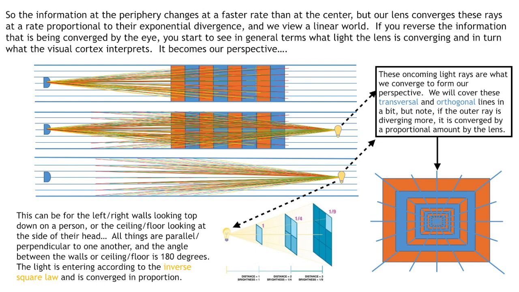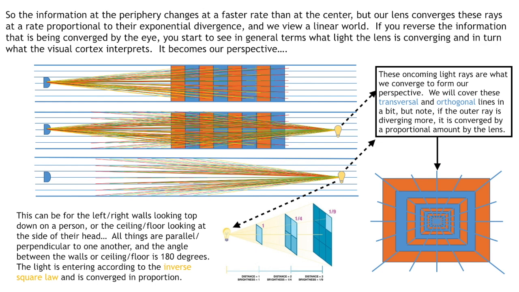So the information at the periphery does change at a faster rate than at the center, but our lens takes care of that and converges those rays at a rate proportional to that divergence, and we view the linear world. So if you reverse the information that is being converged by the eye, and I just reverse those lines around and have them coming off from the light source, you start to see in general terms what our eye is trying to converge back again